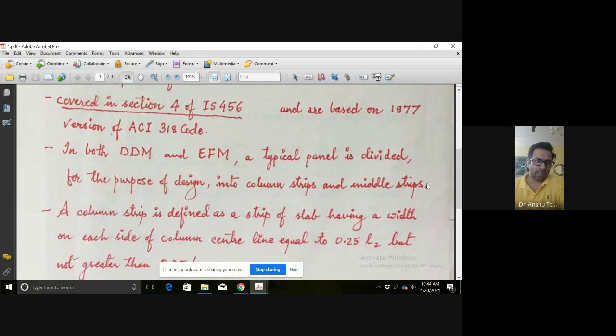Now, my next part, then we individually design the beams. We design the slab separately, then we design the beam separately, then we design columns separately, then we design the foundation separately. So let us not go to the substructure, let us talk about superstructure. हम यहाँ पे स्लैब और बीम को अलग अलग डिजाइन कर रहे हैं, but in flat slab system we divide the whole panel into column strip and middle strip. So we design them because there is no flexural member called beam.